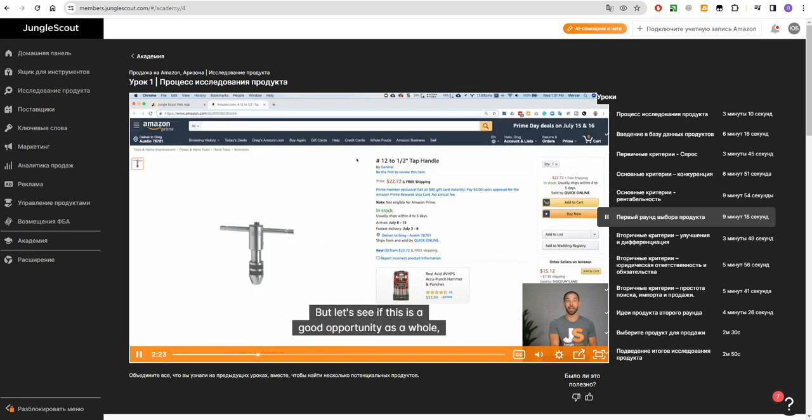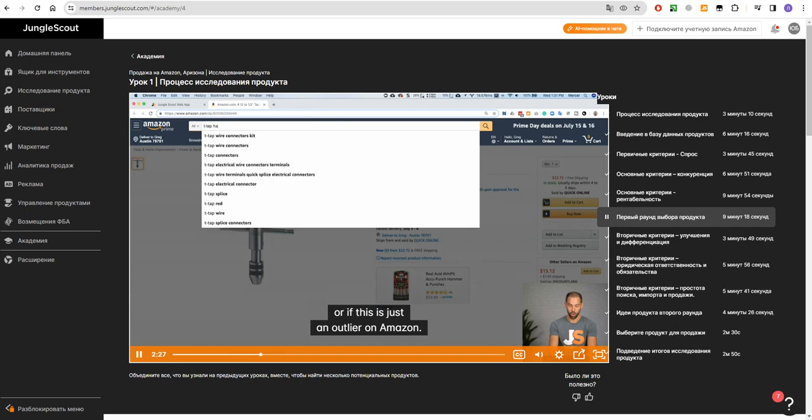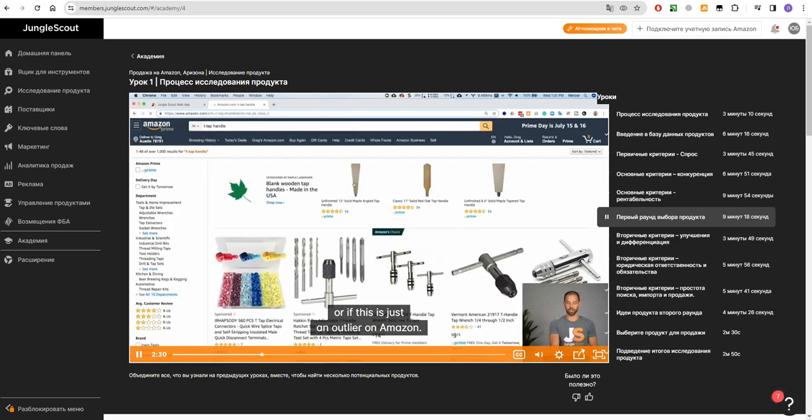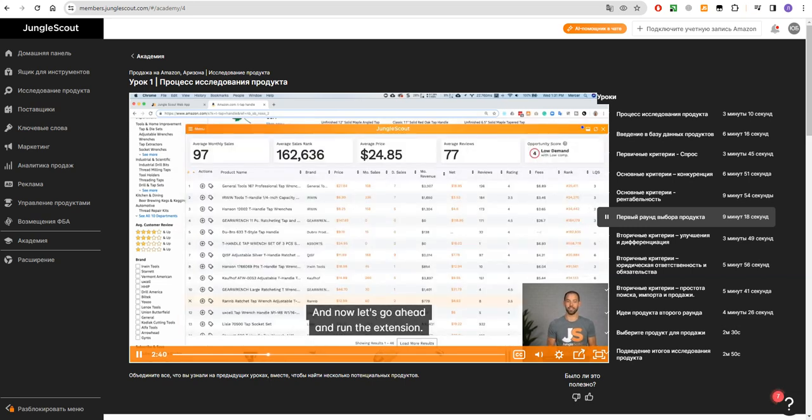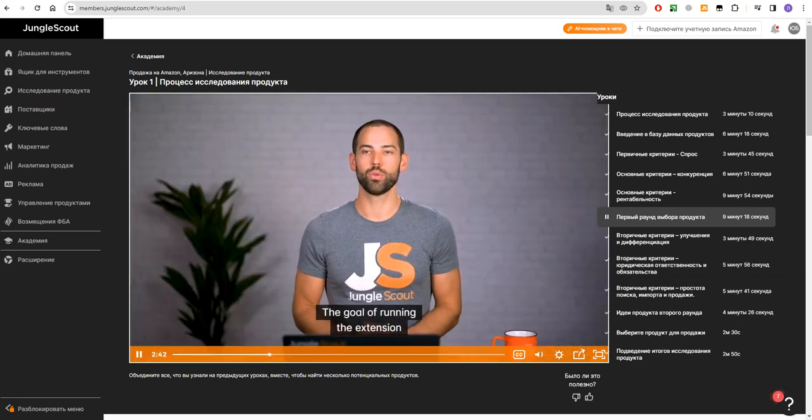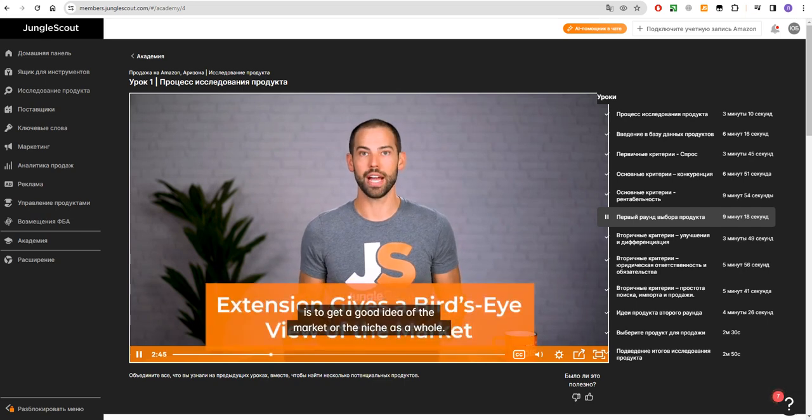But let's see if this is a good opportunity as a whole, or if this is just an outlier on Amazon. So I went ahead and searched for T-tap handle. It looks like this is applicable for my particular product idea because these all kind of look the same. And now let's go ahead and run the extension. The goal of running the extension is to get a good idea of the